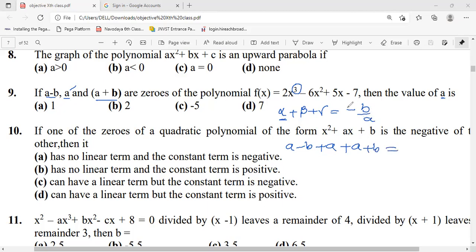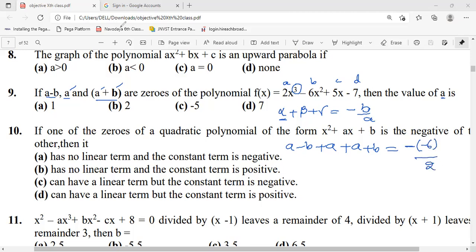Minus b by a means these are not the values of this. Minus b by a are the coefficients of x in ax cube plus bx square plus cx plus d. From the formula, the b value is also minus here, and minus 6 by a means 2.